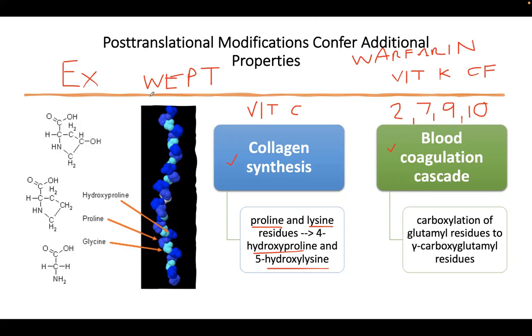W-E-P-T. Warfarin is extrinsic, and what you monitor laboratory-wise is the PT. So warfarin, W. E is for extrinsic pathway. PT is what you monitor if you want to monitor the activity of the extrinsic pathway. So just remember, who made you wept or who made you cry? It is your ex-boyfriend or your ex-girlfriend, basta your ex. And that is why you are at war. Okay, you are at war with your ex.